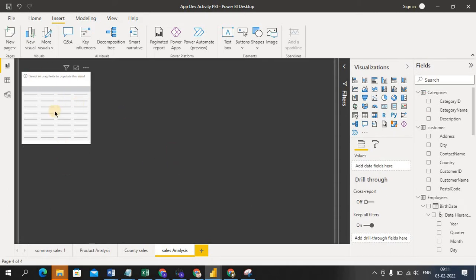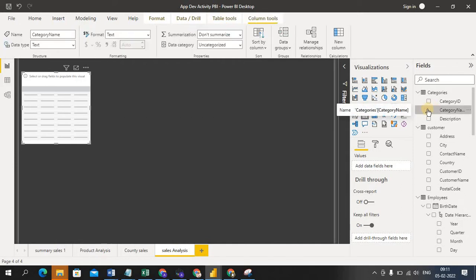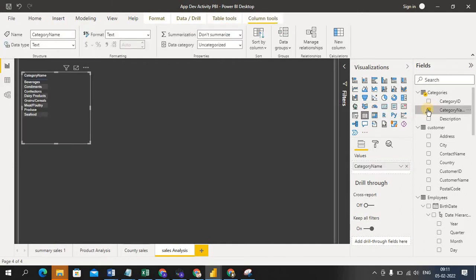Okay, so I'm selecting this visualization. So which one? This one, it's highlighting, right? Table. So I'm selecting here category name for this visuals, city.